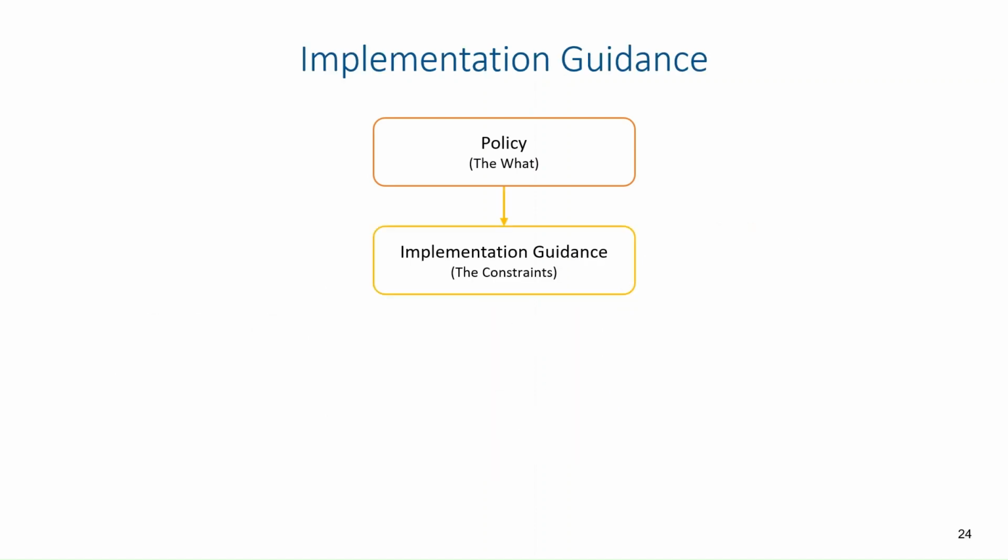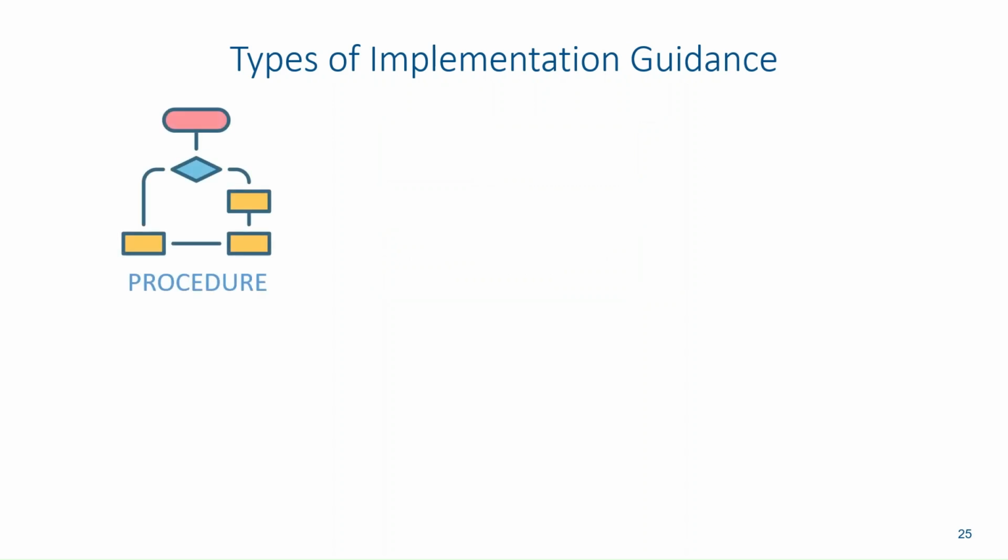The next thing of policies are implementation guidance, which are the constraints. So as part of implementation guidance, we have procedures, which allow us to segregate duties of one person from another person. This is a very specific guideline into what's going to happen. So who's going to engage in this activity? When we have decisions, who's going to make those specific decisions?